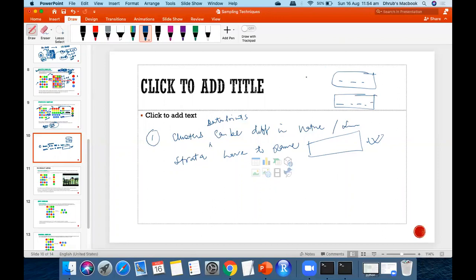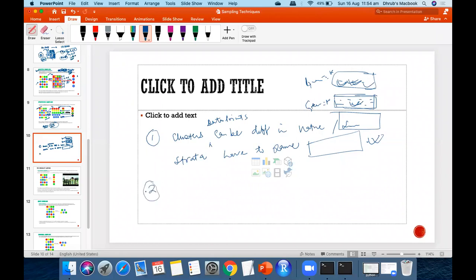I'll build one strata based on gender is equal to female. Okay, I'll build one strata based on gender is equal to male. So all the data points in that particular strata will be male only, and all the data points in the other will be female only. Similarly, I can draw a sample from the different strata. Based on that, the chances of representation of different subgroups of your data set are more, correct?